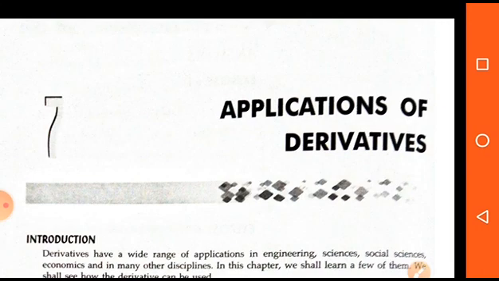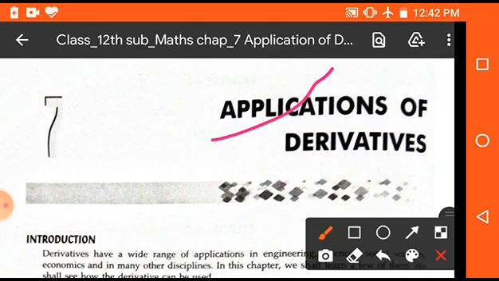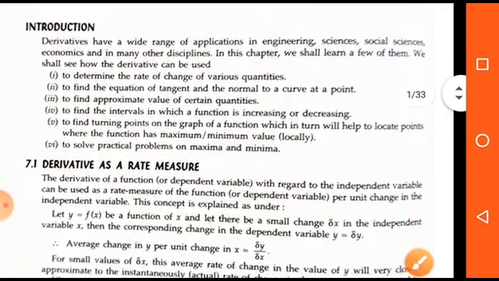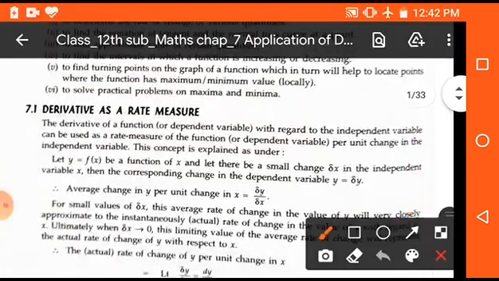So students, in the first video we will discuss some important topics. Clear? So let's start, students. Okay, this is your chapter. Now the first topic is derivative as a rate measure. As you know, when we use rate, it means we represent any change with respect to some physical quantity, then it is said to be a rate.